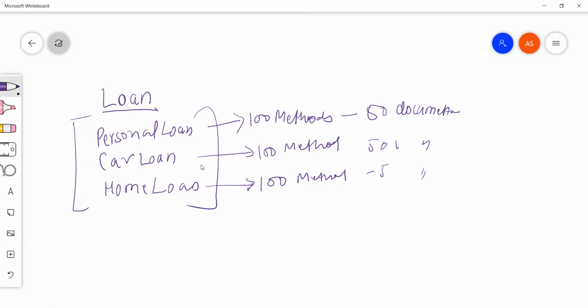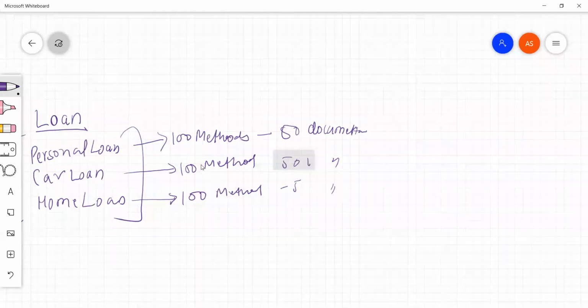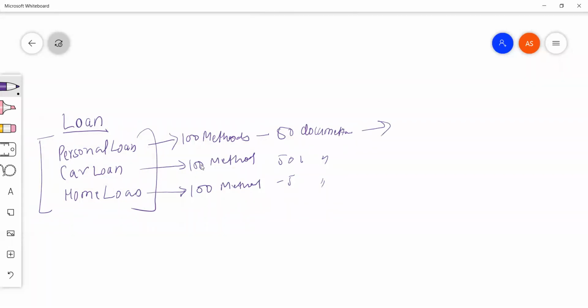So these 50 methods are for documentation purposes, and the rest of the methods are related to the calculation. Calculation would be different in case of personal loan, car loan, and home loan.